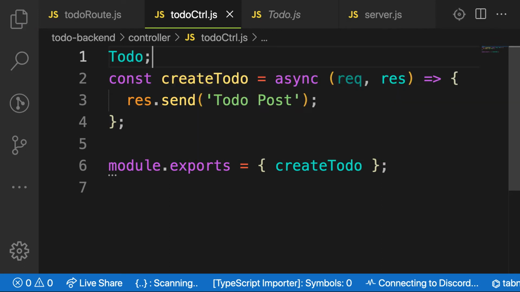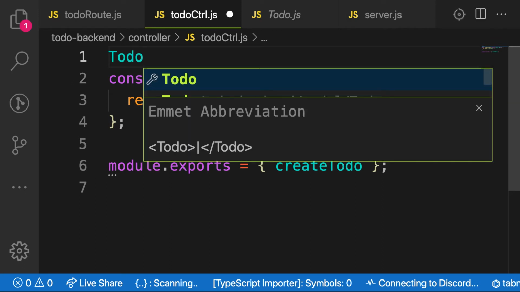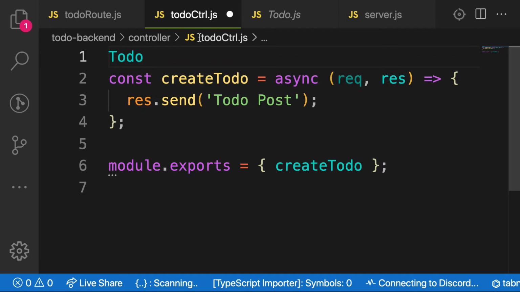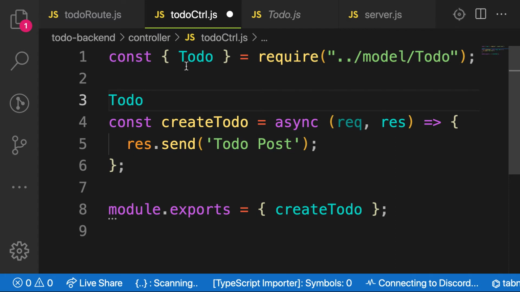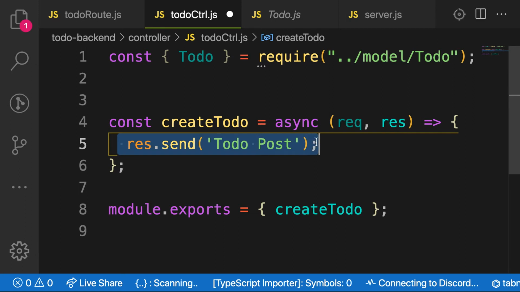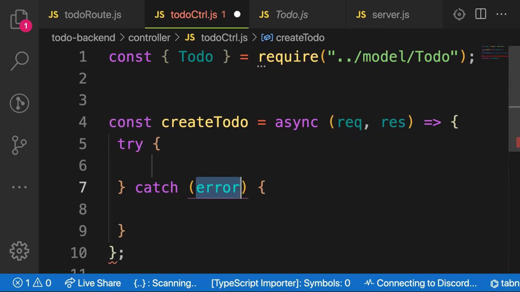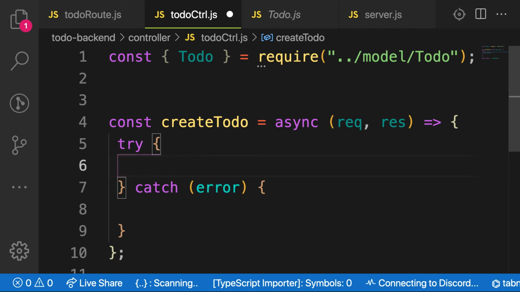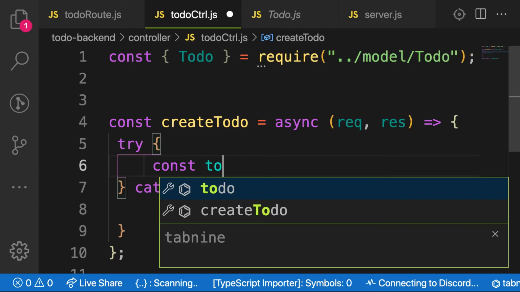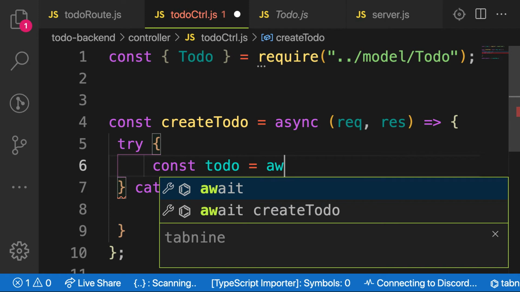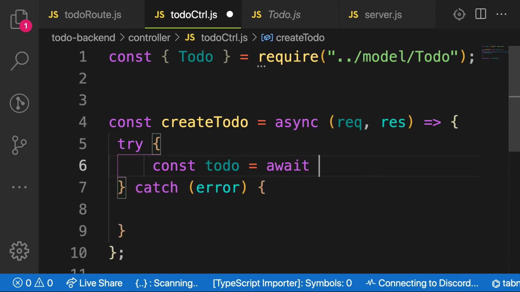I think I'll have the auto import. It didn't work this time around. Yeah, I have it. Then inside my response here, let me make use of try and catch, because I make use of async await here. And then so const to do is equal to await to do